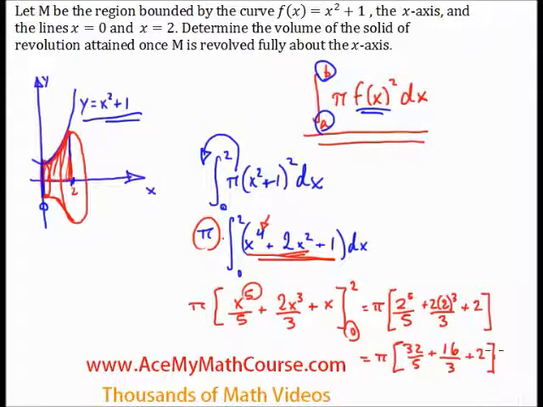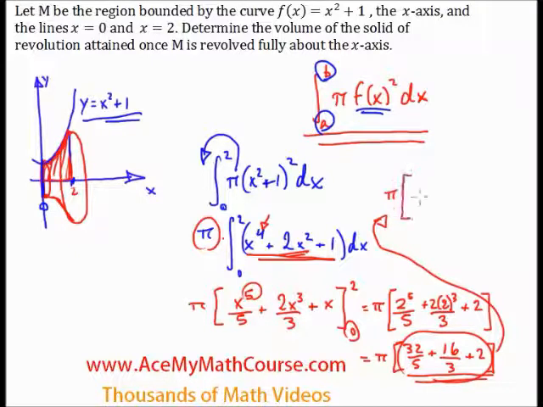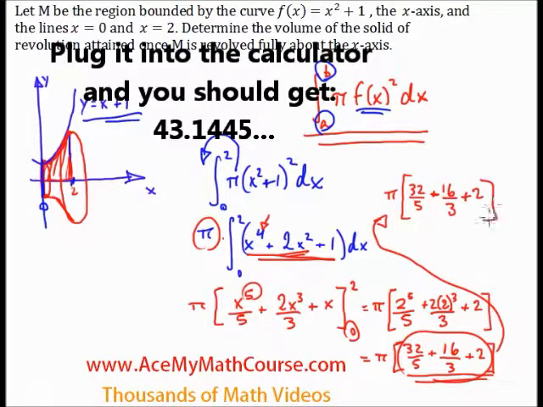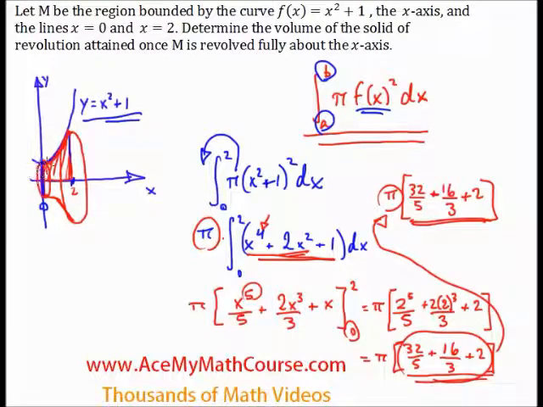Now, thinking whether I should go through the trouble of adding up all these numbers, I think I'm going to leave it like this for you guys. After all, we can just plug that into the calculator. And so that is the answer. So once we add them up, we multiply the answer by pi, we will get the volume of this amazing looking solid that we will get by spinning region M